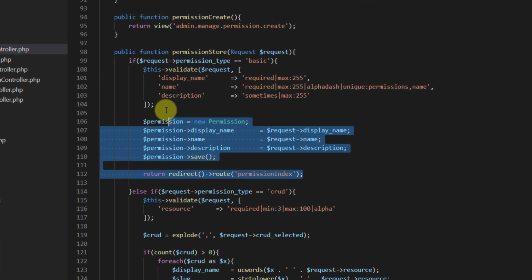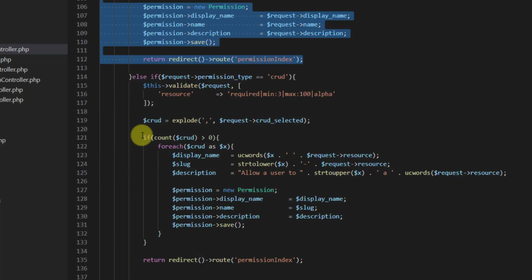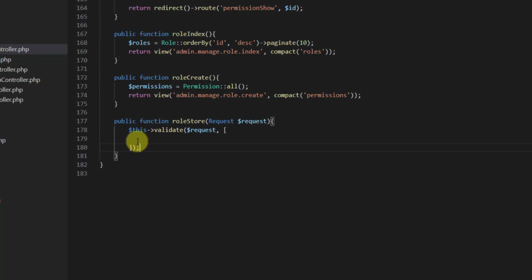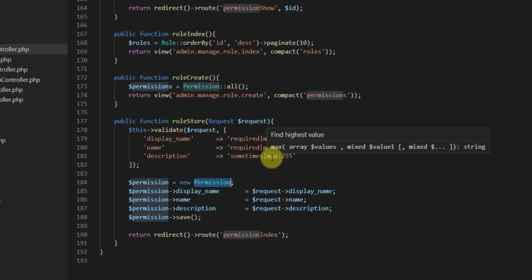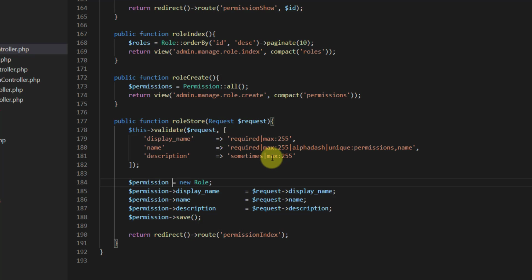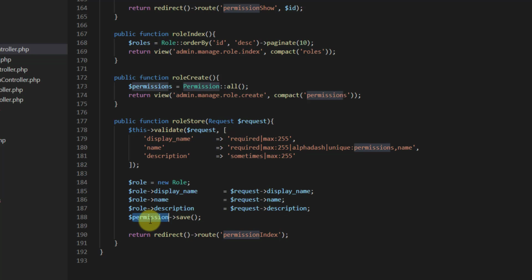So let's copy everything from here and paste it in here. Now for the validation, everything looks just fine, but instead of permission we want our role model, and this variable should be also role. So copy this one, paste it in instead of each permission,